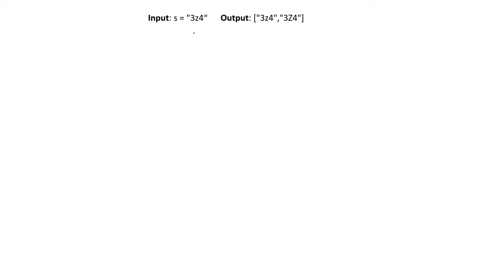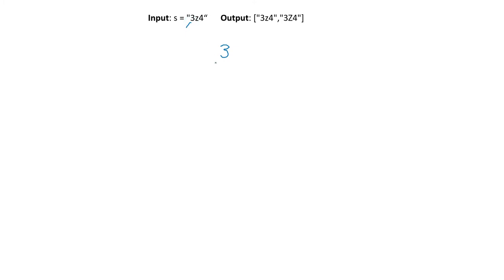So the first thing to keep in mind is if it's a digit, then we just take it as the only choice, because a digit has no lowercase or uppercase. Now if we proceed, we have to take Z because 3 is done. But in this case we have a choice.